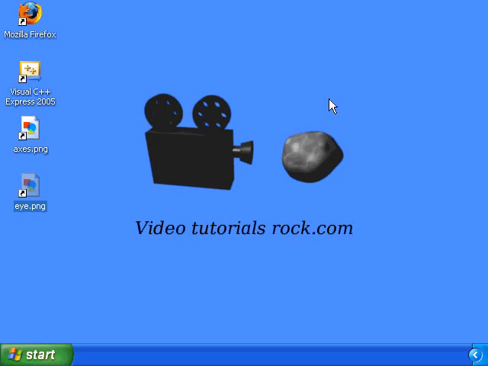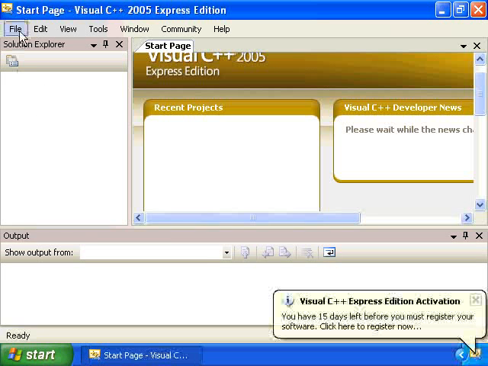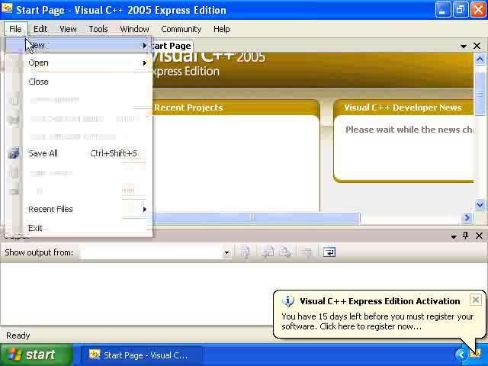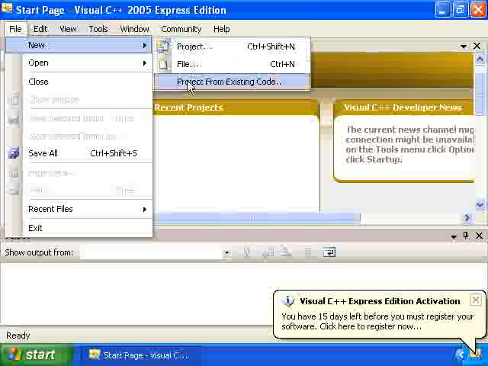Let's do our first 3D program. So I want to run this program to see what it looks like. What you want to do is download the source code from my website